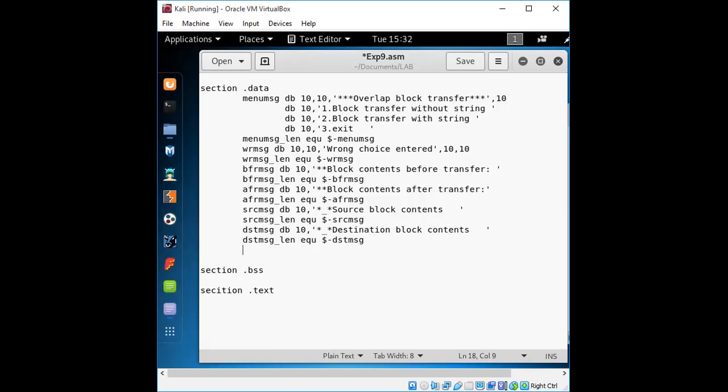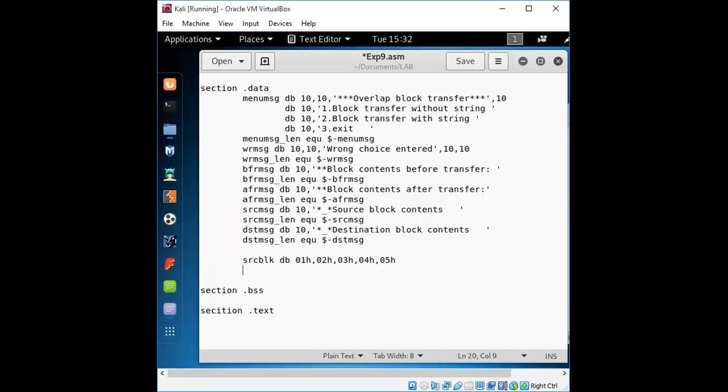Now the input which you are going to have is related to the source block: 01H, 02H, 03H. Okay.